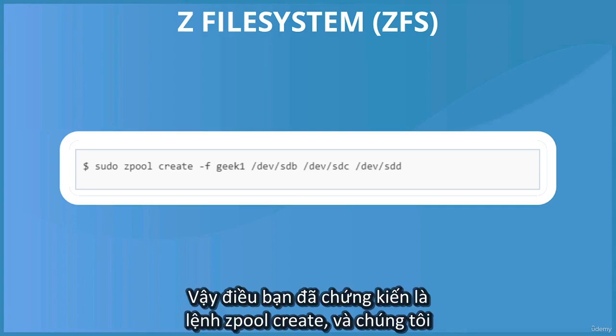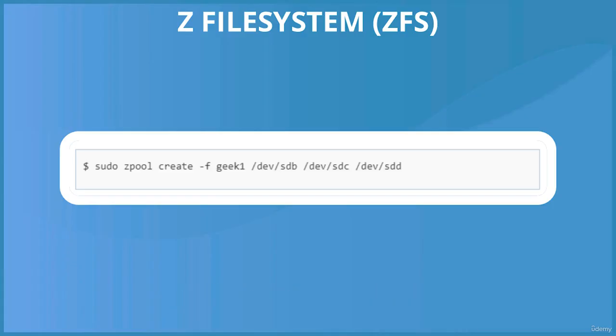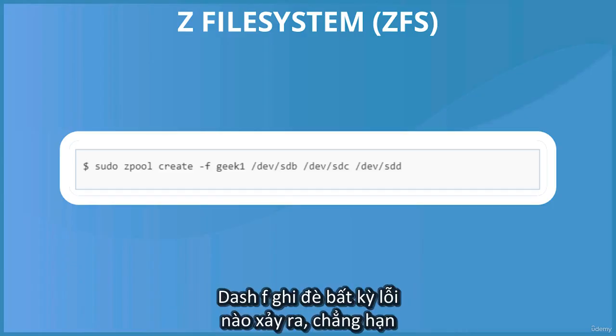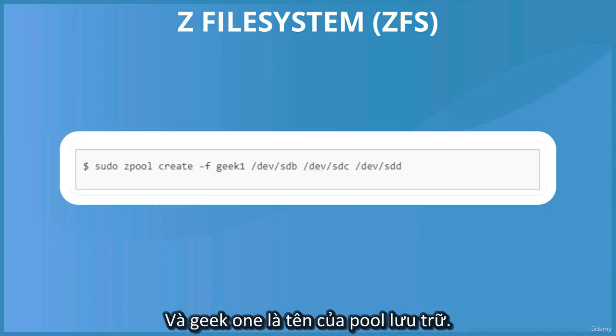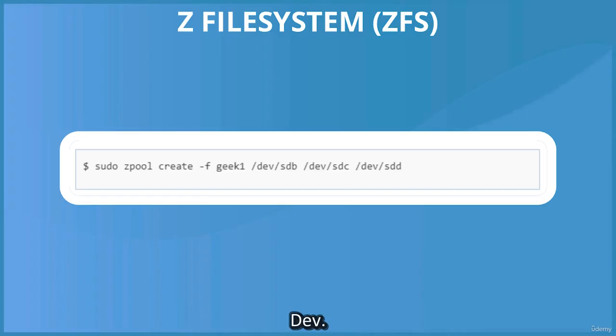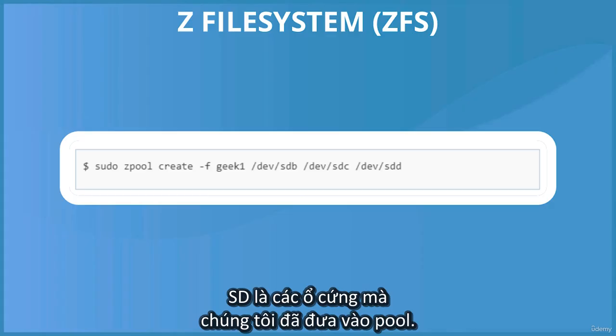So what you've witnessed is the zpool create command, and we use that whenever we're creating a new storage pool. The -f overrides any errors that occur, such as if the disk or disks already have information on them, and geek1 is the name of the storage pool. And then this here, /dev/sdb, /dev/sdc, /dev/sdd, are the hard drives that we put in the